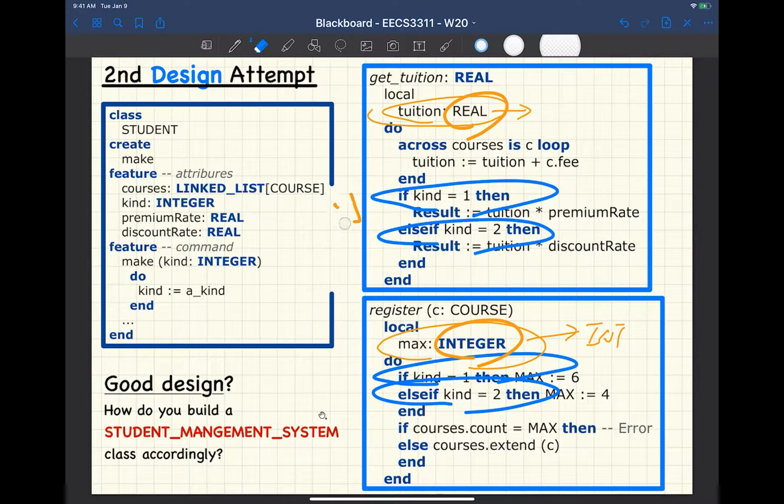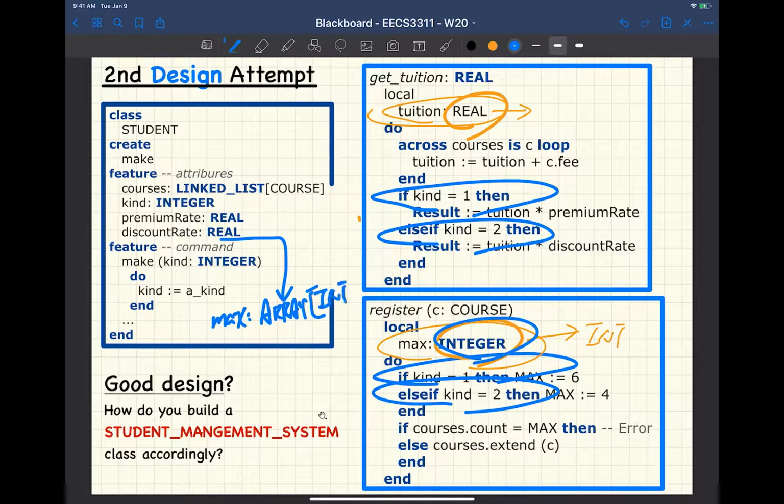I'll tell you why it would not be so good. In that case, what you have to do is, maybe you have one array called max. It's going to be an array of, in this case, max will be of type integer. And then you have another array called tuition, an array of real. Let's say, okay? The problem of this is,